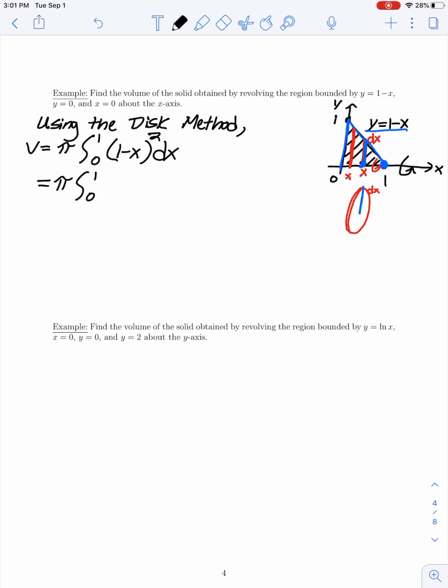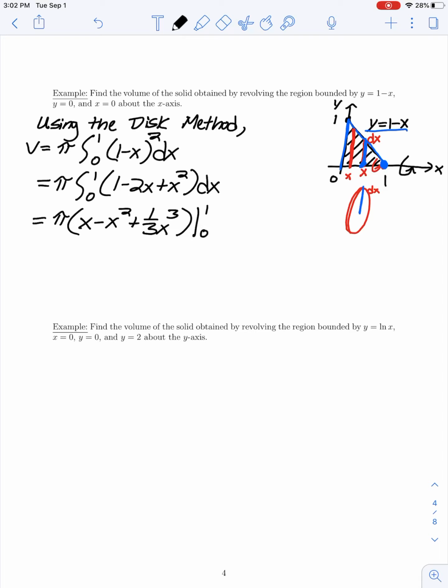So I have pi times the integral from 0 to 1 of 1 minus 2x plus x squared dx. So for our antiderivative, we would have pi times x minus x squared plus 1/3 x cubed, and we're evaluating